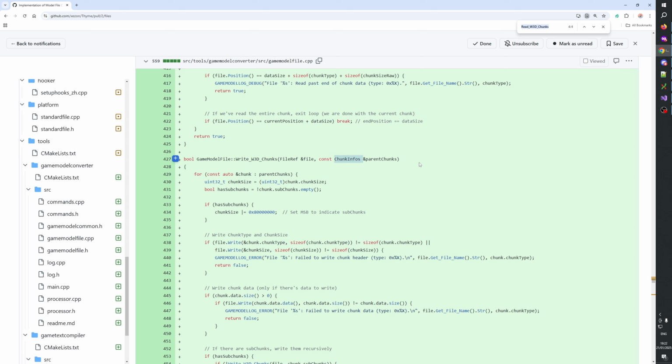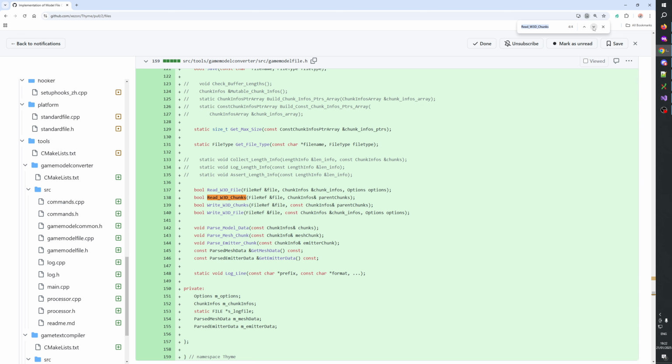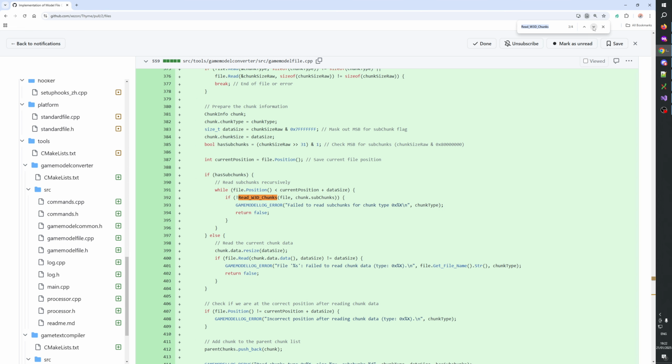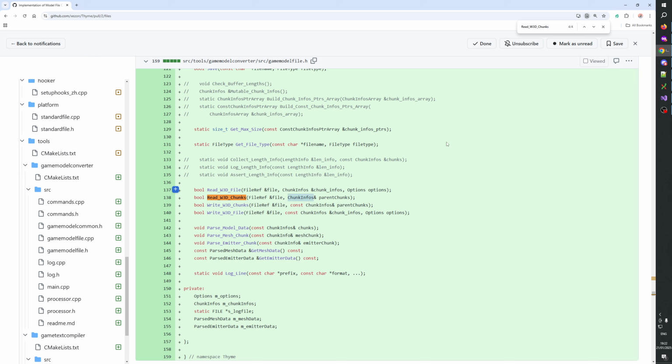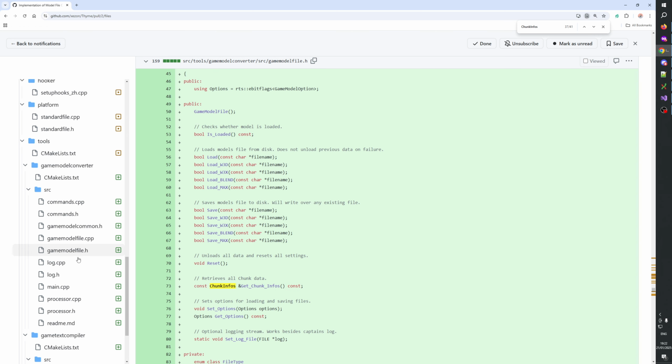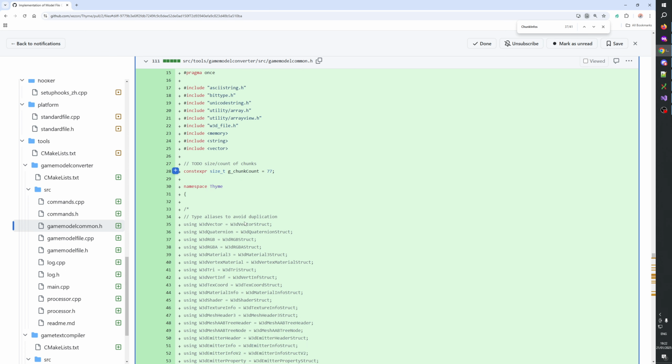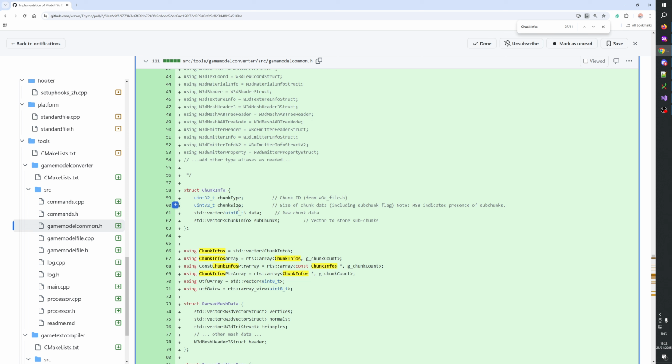Hold on. So this chunk infos, what is it? Chunk infos. Chunk infos. Here, chunk info. Subchunks, data. Okay, so I guess this is